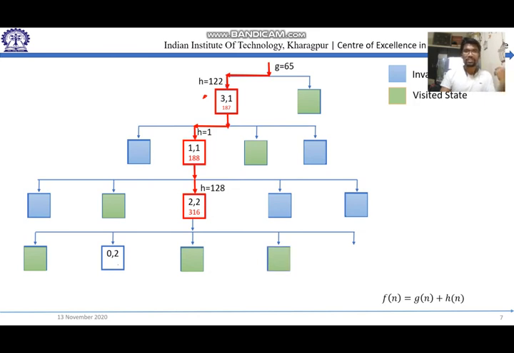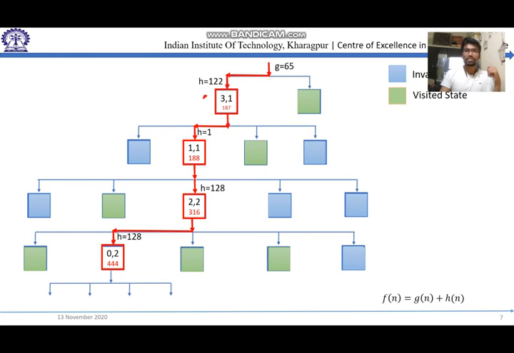Now if I calculate the heuristic function value, it turns out to be 128, and the goal function turns out to be 316. We're left with only one path, so this is the optimal path. After this, if we further expand this, there are 5 possible nodes. The first one is 1 2, which is an already visited state. Then the second one is 0 2, then 2 1, which is already visited, and then 2 0, which is already visited, and then 1 1, which is an invalid state.